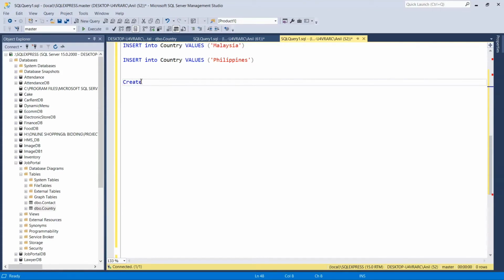Create table, table name user, and the first column is user ID, that is integer, primary key, identity 1 comma 1, comma, second column, that is username.